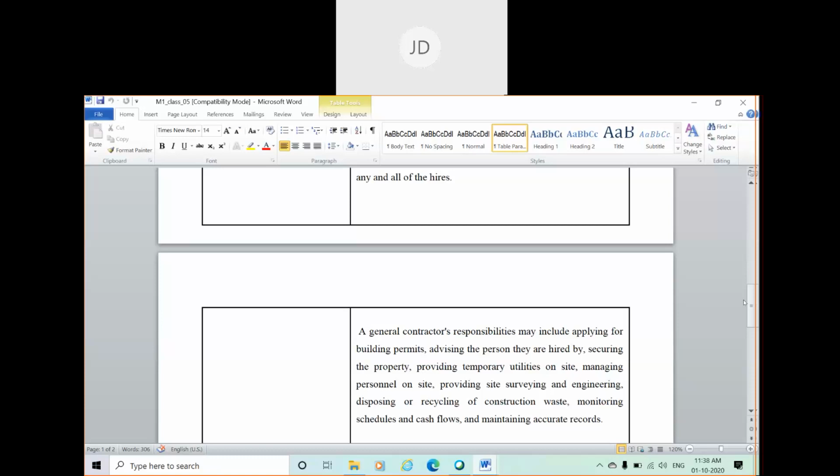Also most important is controlling the cash flow. Since you are controlling every aspect as a contractor, controlling all aspects of the work going on at the land, you are also responsible for the cash flow. That means how the fund is utilized in construction work, because you are given a particular amount of money. The fund will be a fixed fund. You should not go beyond that pre-decided fund.